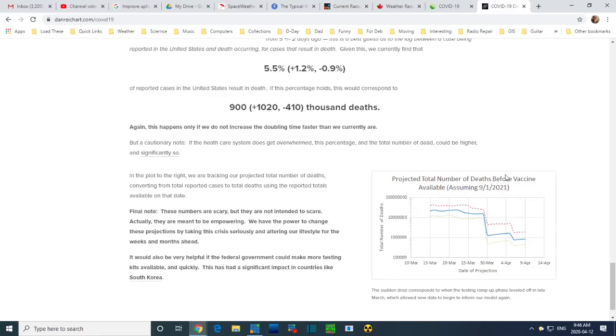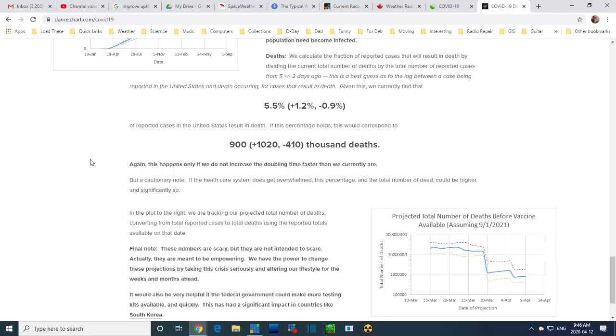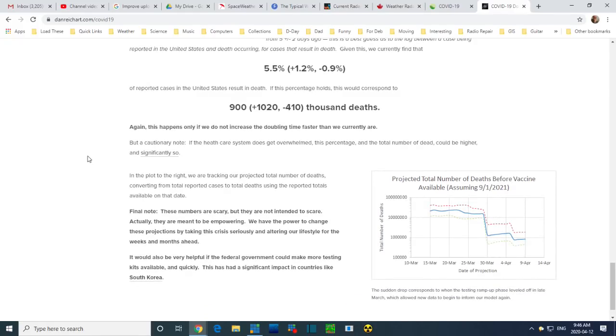Next September. 900. And now there's an error rate in this. It could be as low as 500 or as high as 2 million. And that's with the current situation. If things don't change, and they will change, this is where you're headed right now in the United States. The reason I'm showing you this, if you're American, is because you're hearing all kinds of super optimistic news right now, and I'm afraid it's not realistic. I don't know, who knows, right? What I know is that in Canada, we're not being told about the possibility of a second wave.